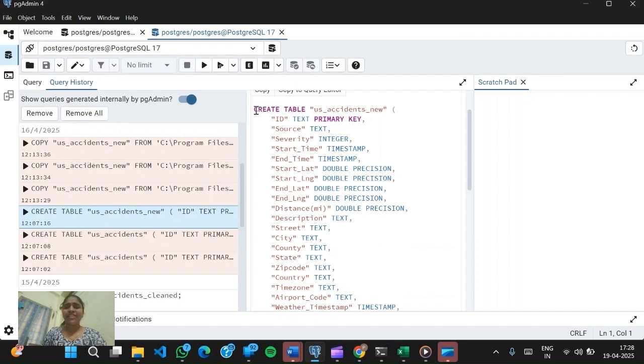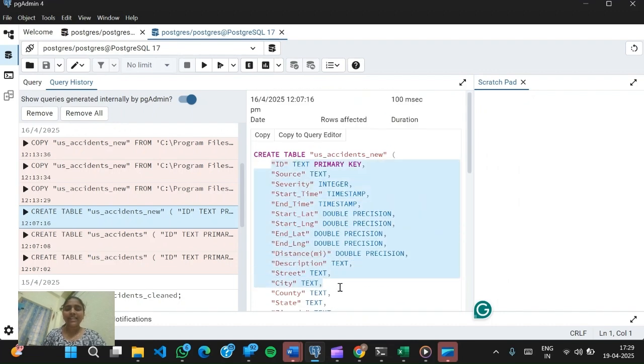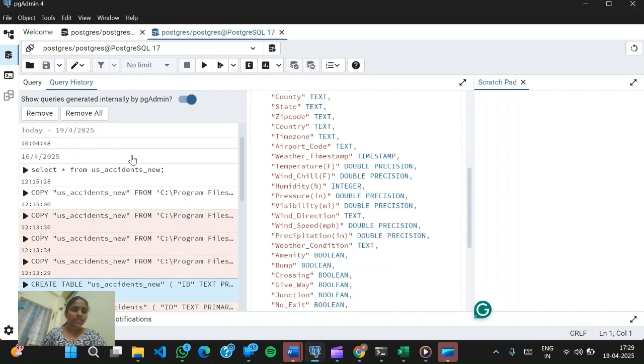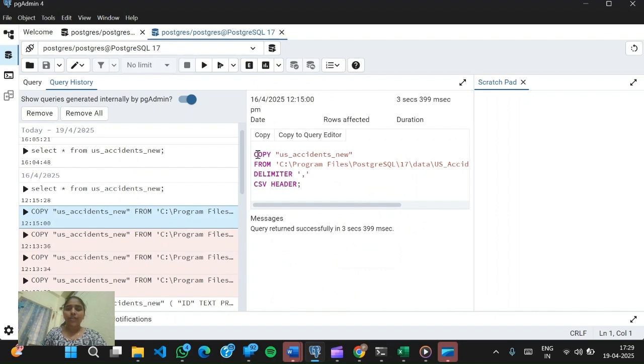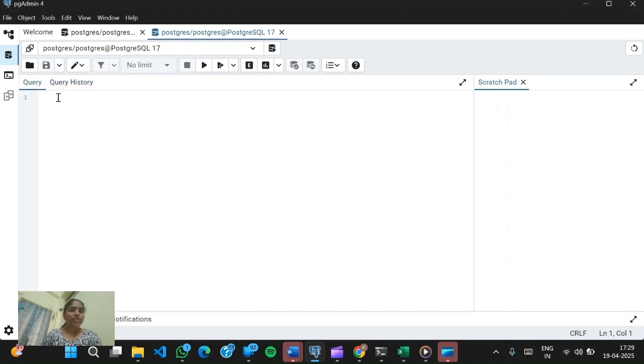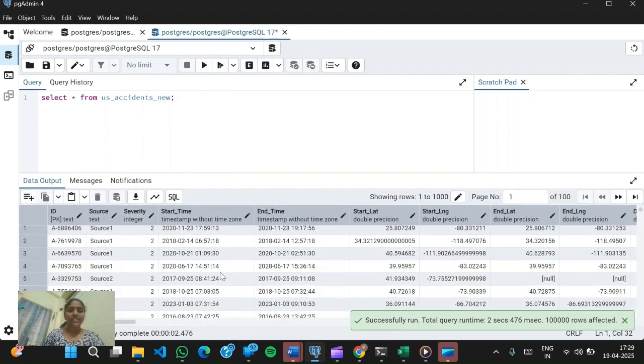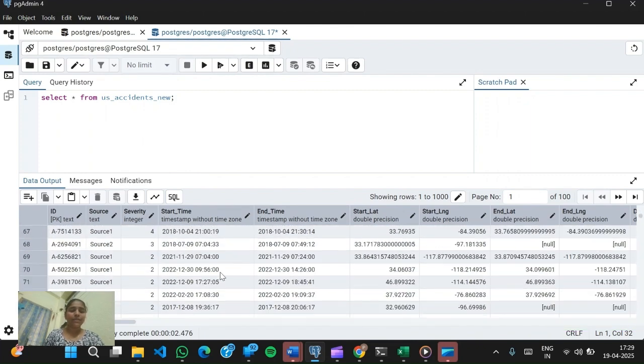We have written a query, create table with the table name US accidents new, with attributes which are the features in our dataset. This is the query to connect our notebook and our PostgreSQL database. This is the path of our trimmed dataset. Here we can run a query to see our new table US accidents new. For that you write a query in the query tool. Just run this query. Here this is our dataset with 1 lakh records. This is our trimmed dataset